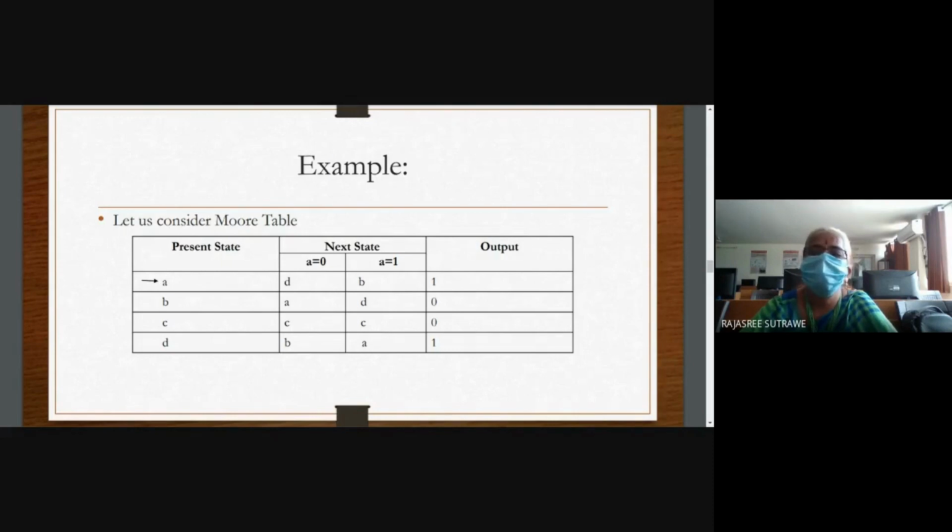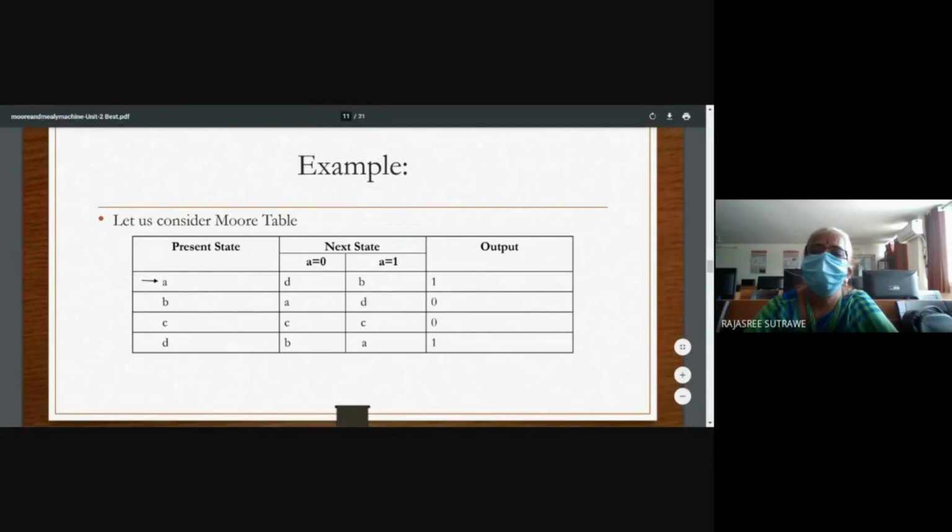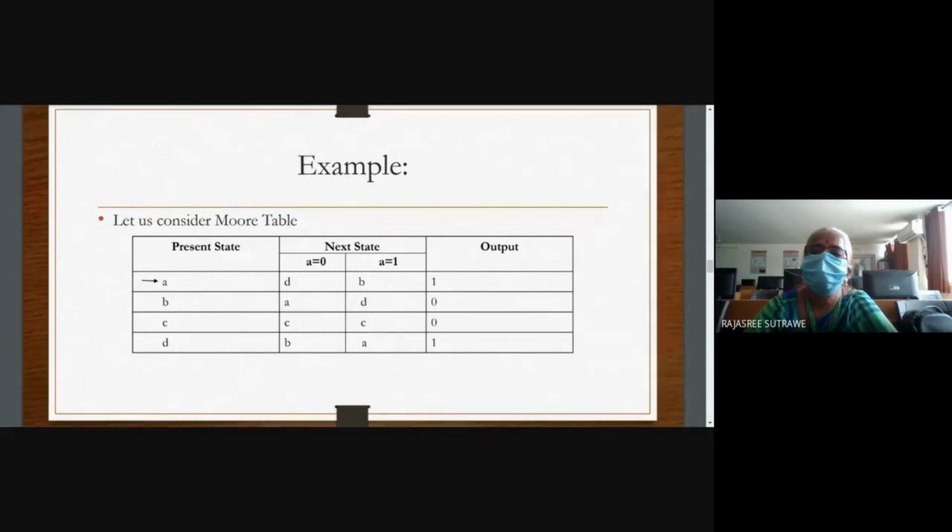So in that one we are going for, say, A equal to 0. What is the output? So A is equal to 1. What is the output? And this total is next state. And this is your present state. Okay, so here, suppose you are going for converting this, you have to first write everything